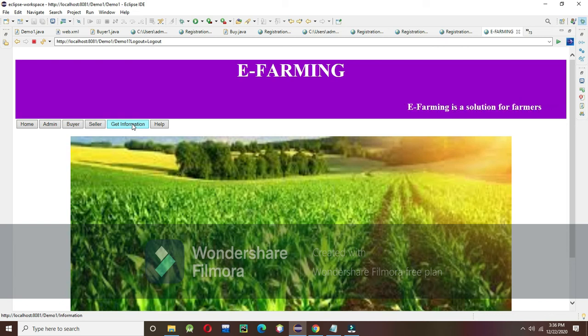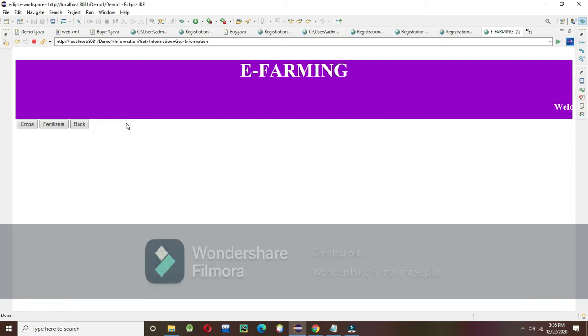And this button is used to get information about crops and fertilizers. When we go to the information page, there is information about crops and fertilizers. In crops, there is information about multiple crops, like fiber crops and fruit crops.